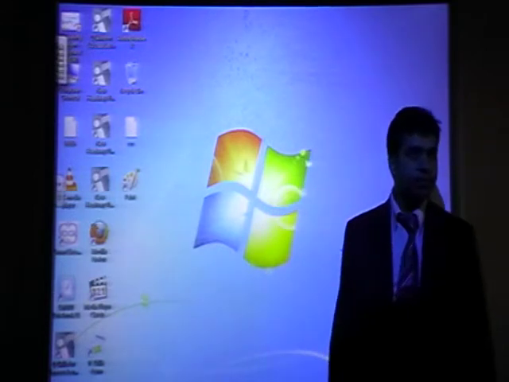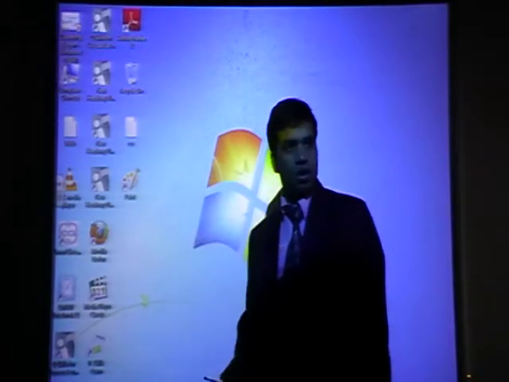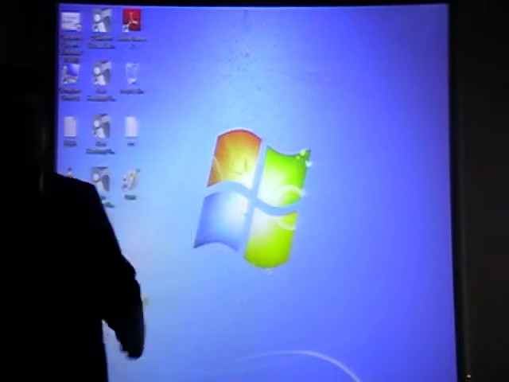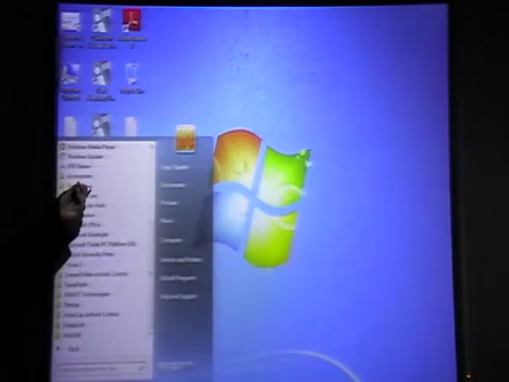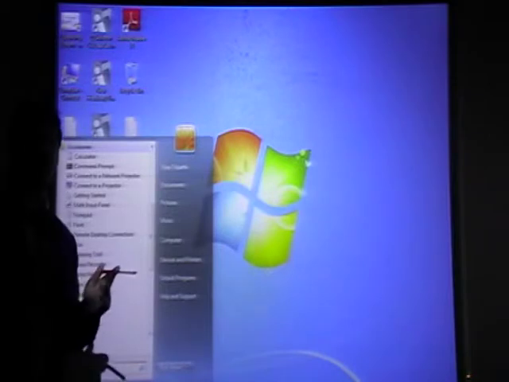Is it there? Okay. Start, all programs, Accessories. Then from here you count 1, 2, 3, 4, 5, 6, 7, 8. Number 8 is Paint.